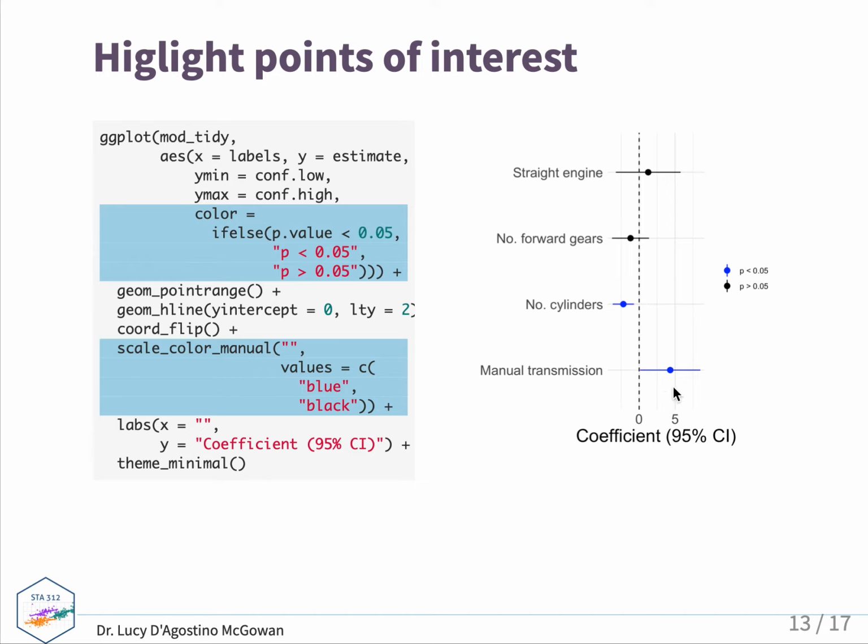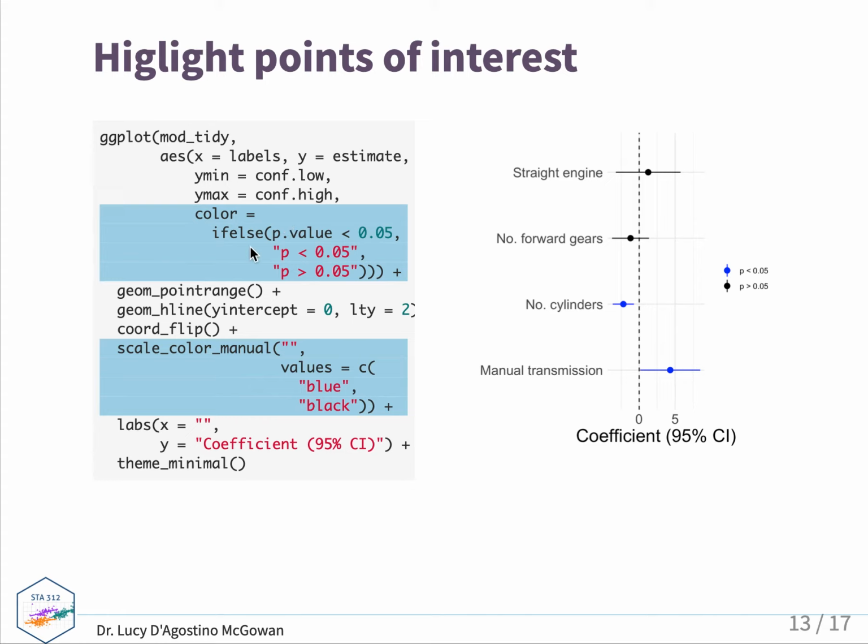Or maybe you want to draw attention to a different point. Maybe the whole reason you were fitting this model was to look at whether the number of forward gears here was an important predictor for miles per gallon, in which case maybe you would highlight that point. And so the point that you highlight or the points that you highlight are going to be dependent on the audience and what they may or may not be interested in. And so this is how you color those,